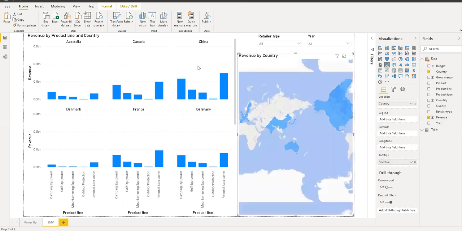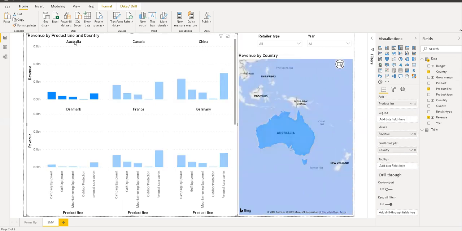All of a sudden, all the information has been cluttered in a very beautiful, presentable way. The beauty here is that I just select Australia, and then it will show me only Australia related revenues. When I hover over it, it will show me how much revenue I have for the 3 years.